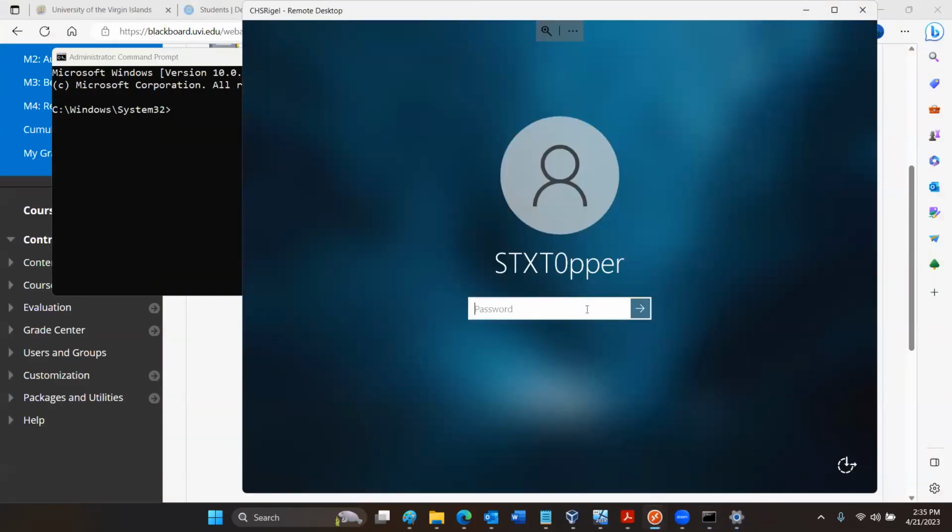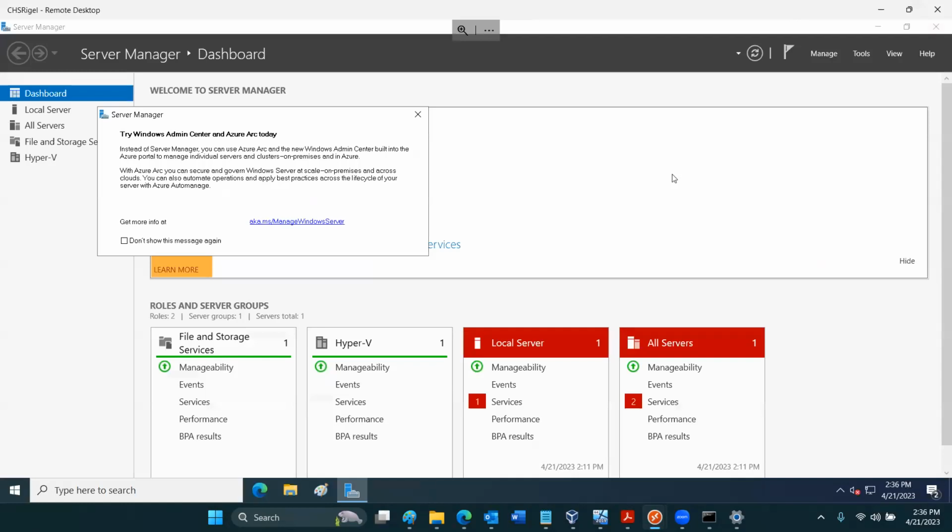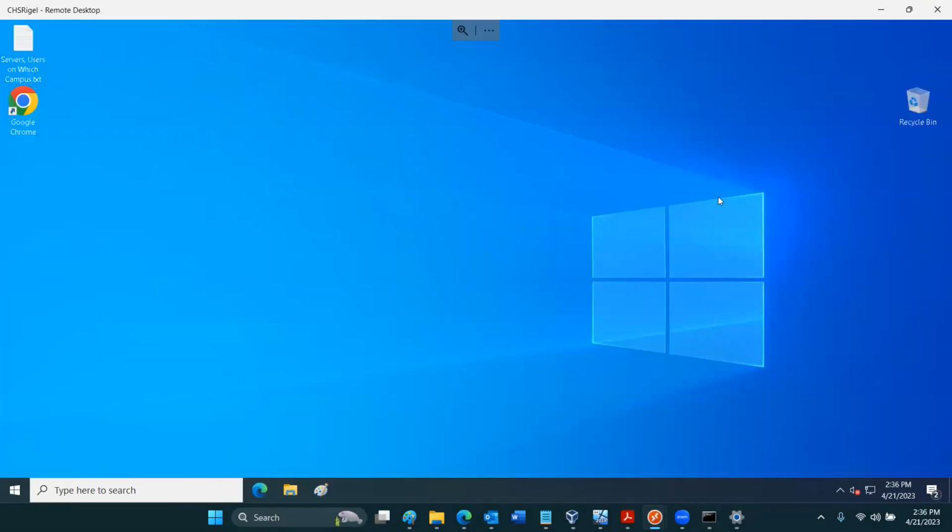Inside the domain, so I'm going to transition here to this remote system. What we have here is a huge machine.